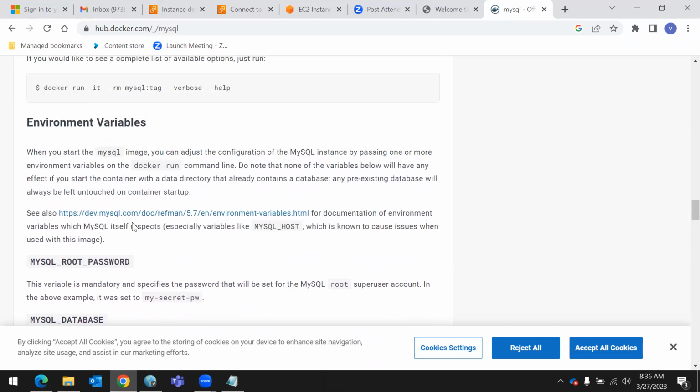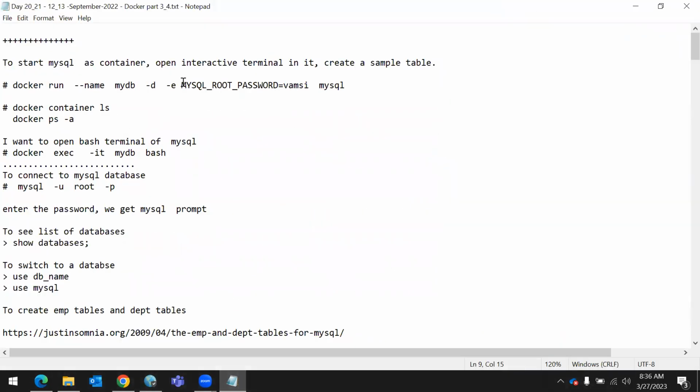So now you understood the purpose of environment variables, right? Why are we using environment variables? For some images, when we log in, it will ask for the root password. That is why we are setting that root password in the command itself. We are passing that in the command. -e stands for environment variable, and we are using an environment variable called